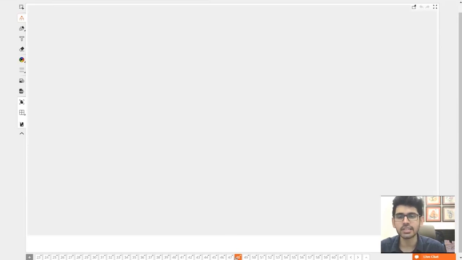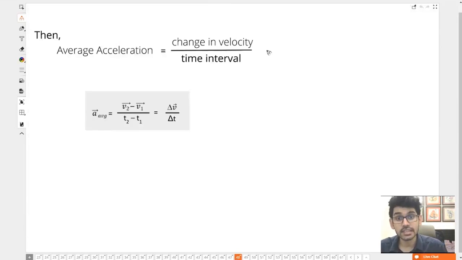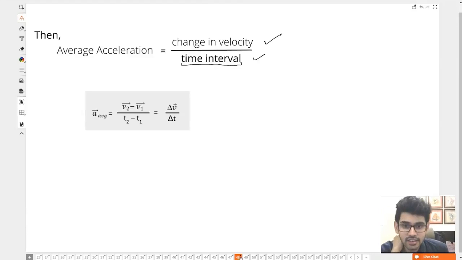So basically, average acceleration is the change in velocity upon the time interval. It is usually for a considerable time interval, not instantaneous acceleration. What you already know is instantaneous acceleration, right? Okay, just a minute. Some of you are asking me some doubts. The differentiation of acceleration with respect to time is known as jerk. Again, that is outside the scope of your learning.